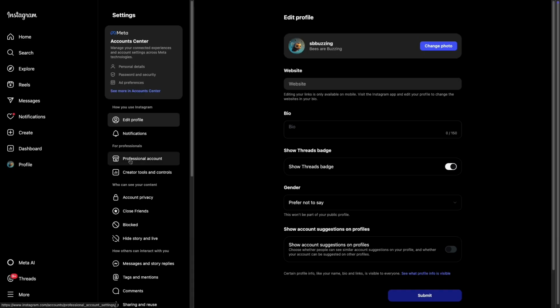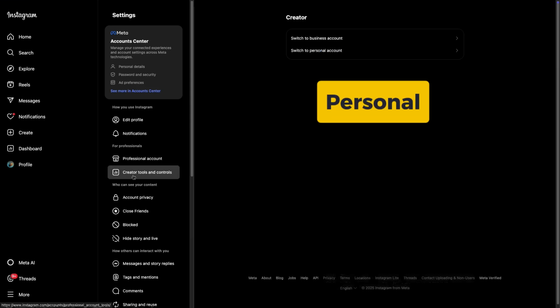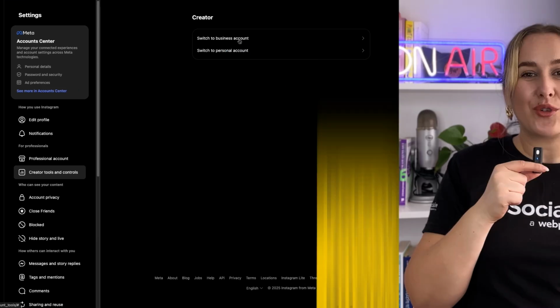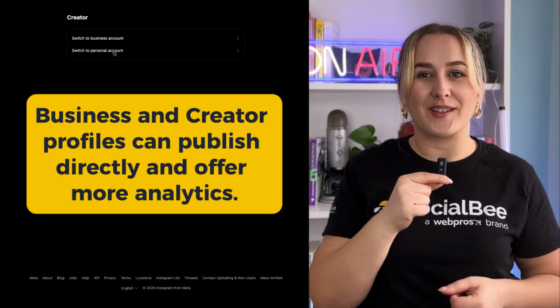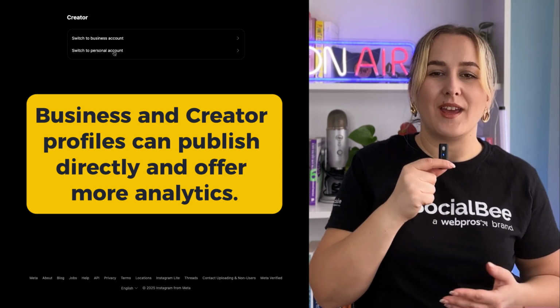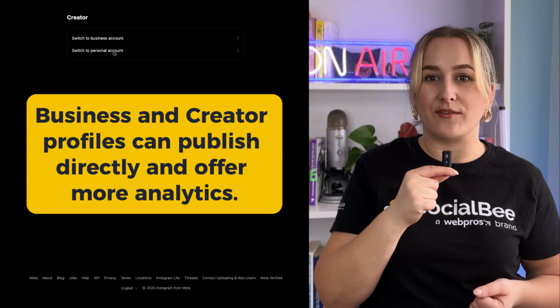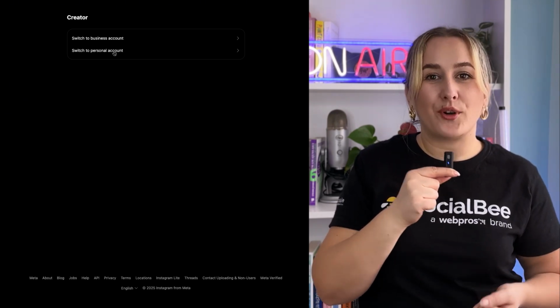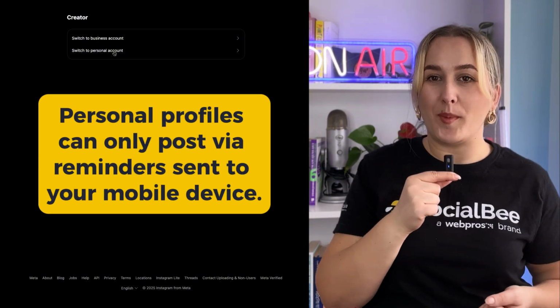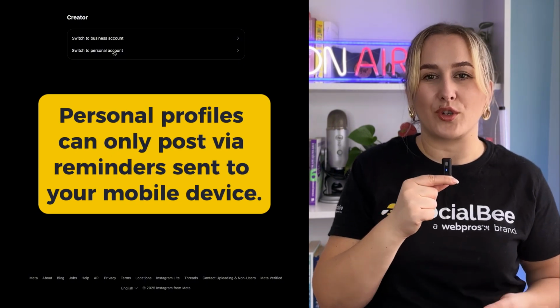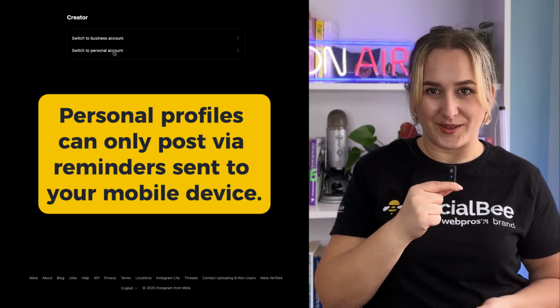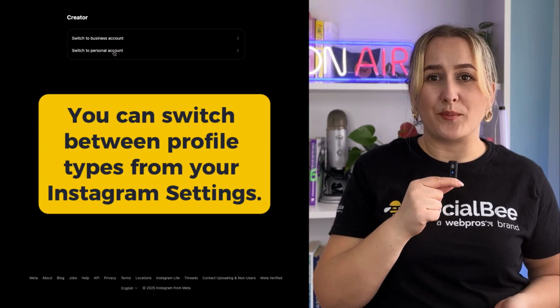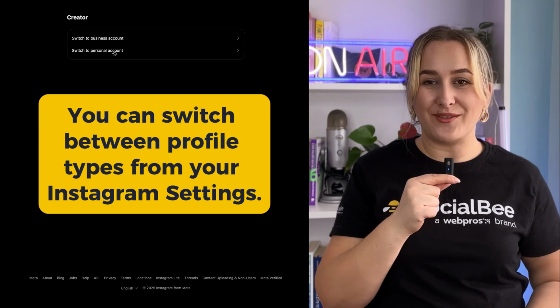Let's first talk about the types of Instagram profiles and how you can connect them to SocialBee. Instagram actually offers 3 profile types: personal, creator, and business. In SocialBee, business and creator profiles have the ability to publish directly. They also have the added advantage of offering more analytics than personal profiles do. On the other hand, personal profiles can only post via mobile reminders that we send through the SocialBee companion app to your mobile device. But don't worry, you can switch between profile types at any moment directly from your Instagram